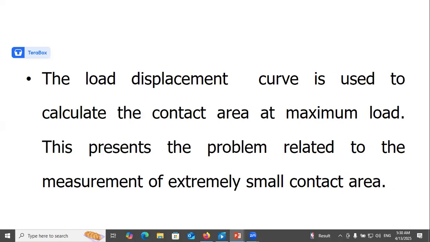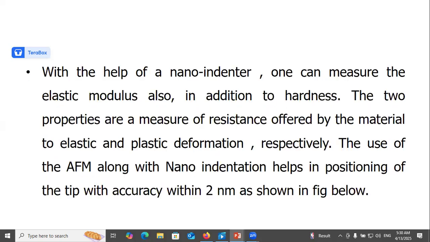The load displacement curve is used to calculate the contact area at maximum load. This presents the problem related to the measurement of extremely small contact areas. With the help of the nano-indentor, one can measure the elastic modulus also. In addition to hardness, the two properties are a measure of resistance offered by the material to elastic and plastic